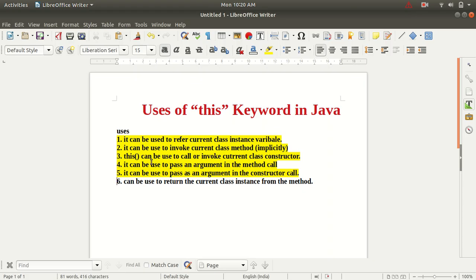The second says that it can be used to invoke a current class method implicitly. The third says that it can be used to call or invoke a current class constructor. It can be used to pass an argument in a method call. We can pass this as an argument in the constructor call also, and we can return this as the current class instance from a method, right?